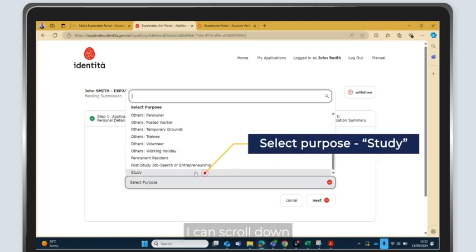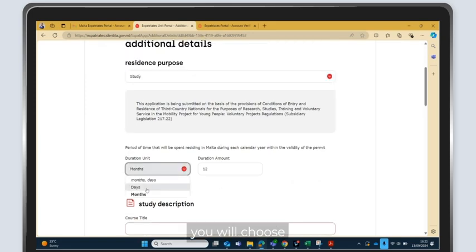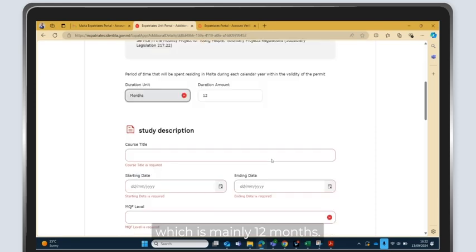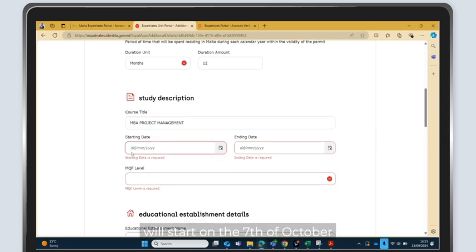You can scroll down, that's the very last one. In this case, you will choose a duration of your course, which is mainly 12 months. And then now you need to actually insert the details of your course. So for example, MBA project management, and your course will start on the 7th of October and it will finish by the 6th of October